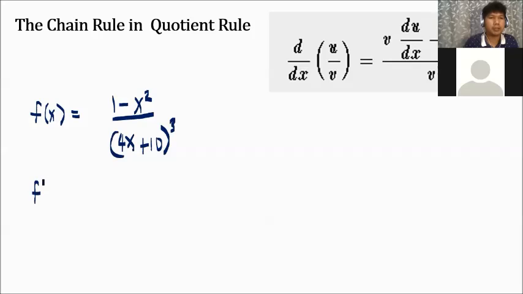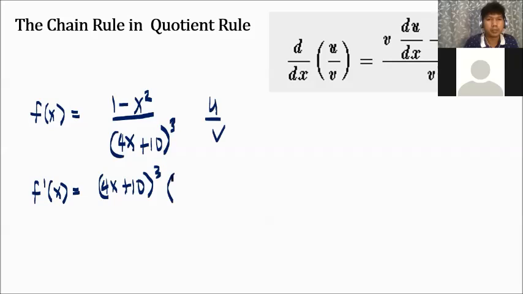If we get the derivative of this, f prime of x, then follow the quotient rule. So copy, this is u, this is v. Copy v, 4x plus 10 cube, and then derivative of u, 0 minus 2x,